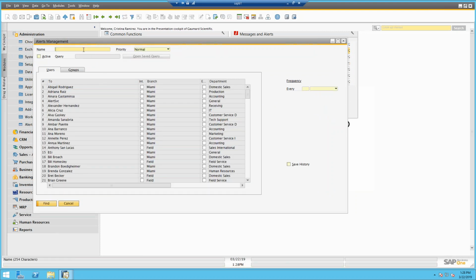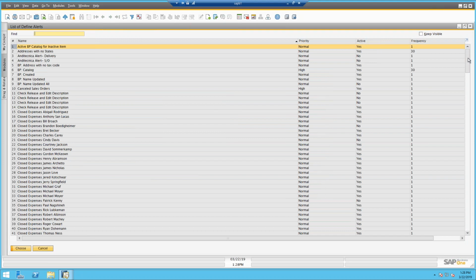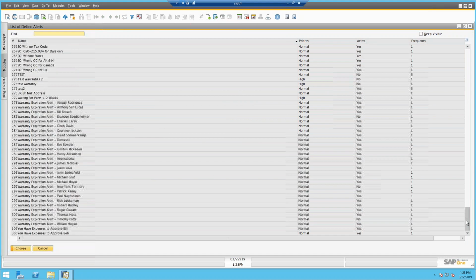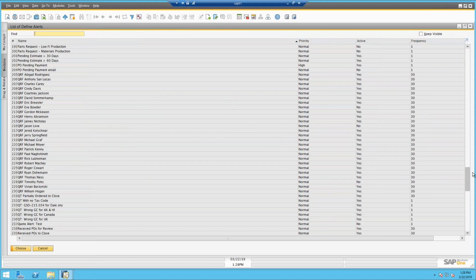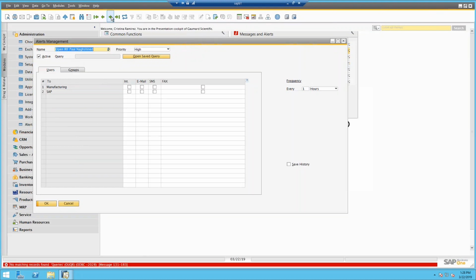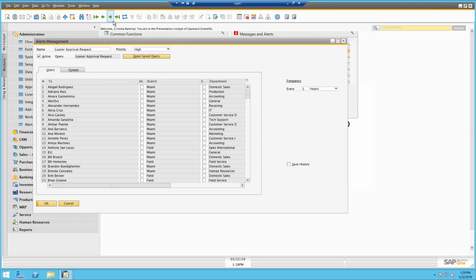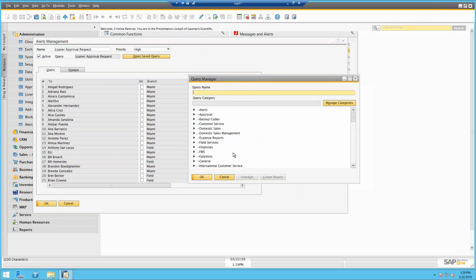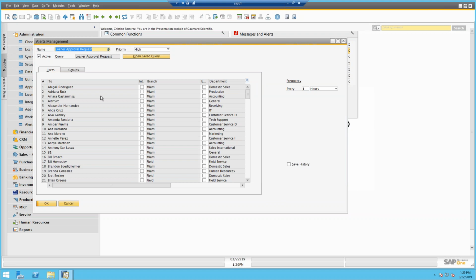Actually, let me show you my list so that you get a sense of how many we use. We have different ones going on for different things. Depending on which one, there'll be a different query. Of course, I picked one that didn't have a query. You associate a query from your query manager. So the first step is to create a query that's going to generate some results that you save on this alerts management. You select the users that are going to be reminded of their results when it runs, and